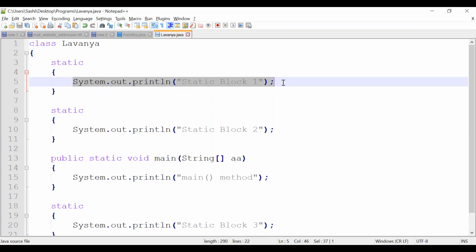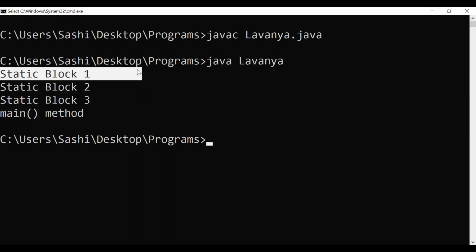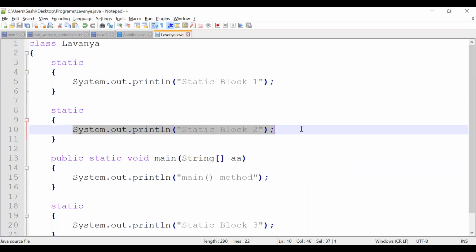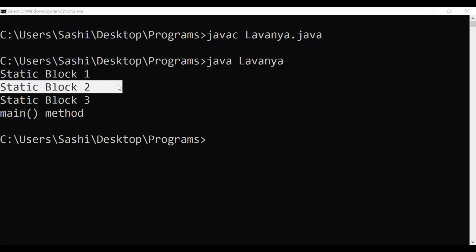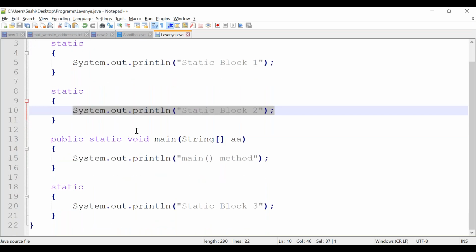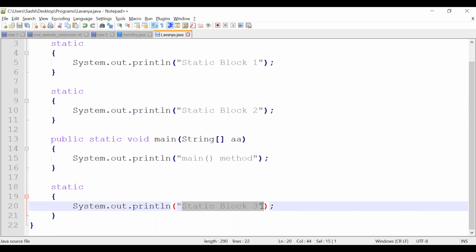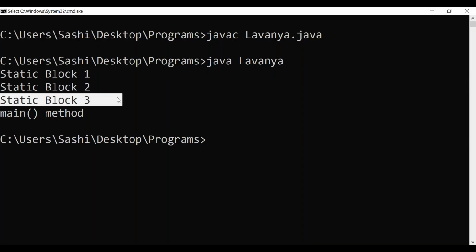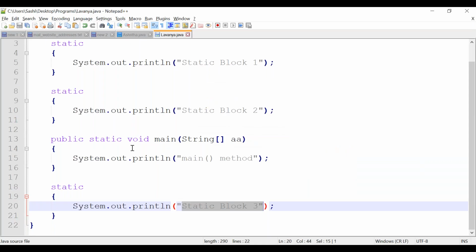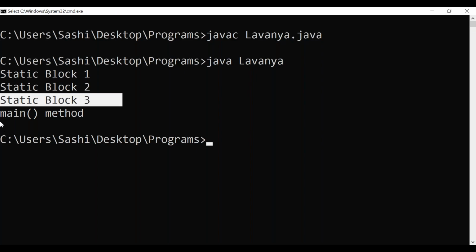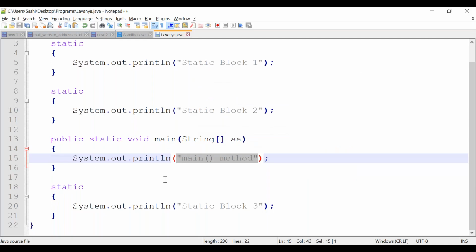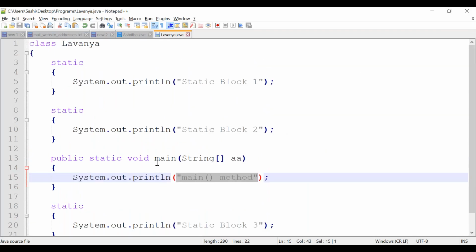First static block it is executing, you are getting output. Then second static block, output. Then it checks, is there any other static block? Yes, it is there. That static block, then we are getting the output. Once all the static blocks are executed, then we are seeing the output from the main method, correct. So what we are trying to understand here is static blocks can be placed anywhere in the class.